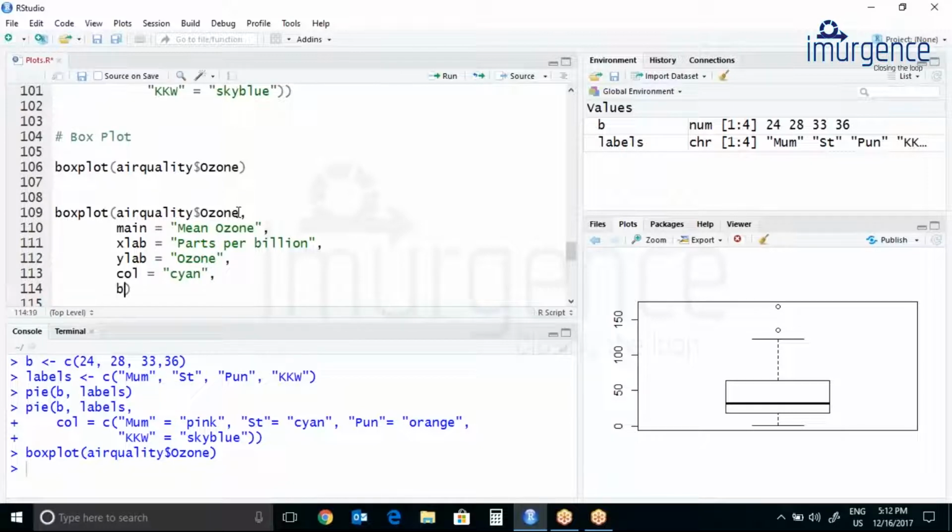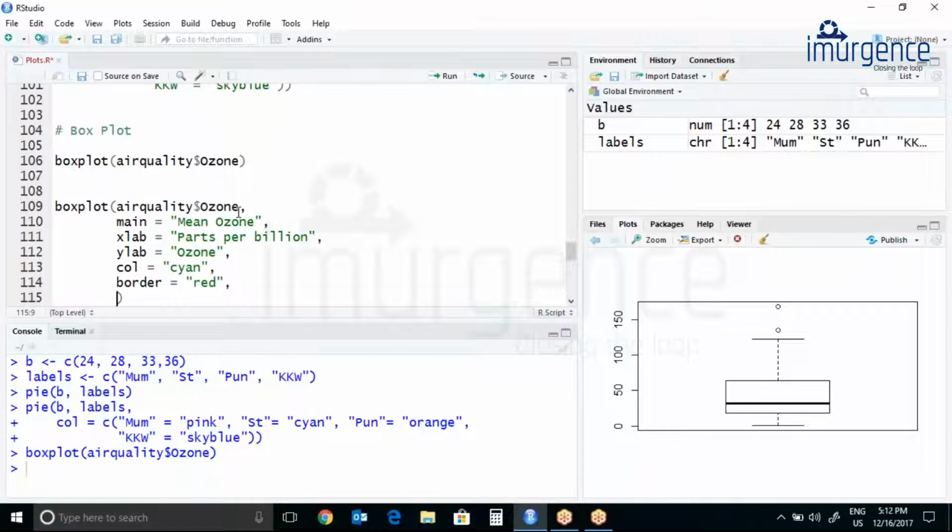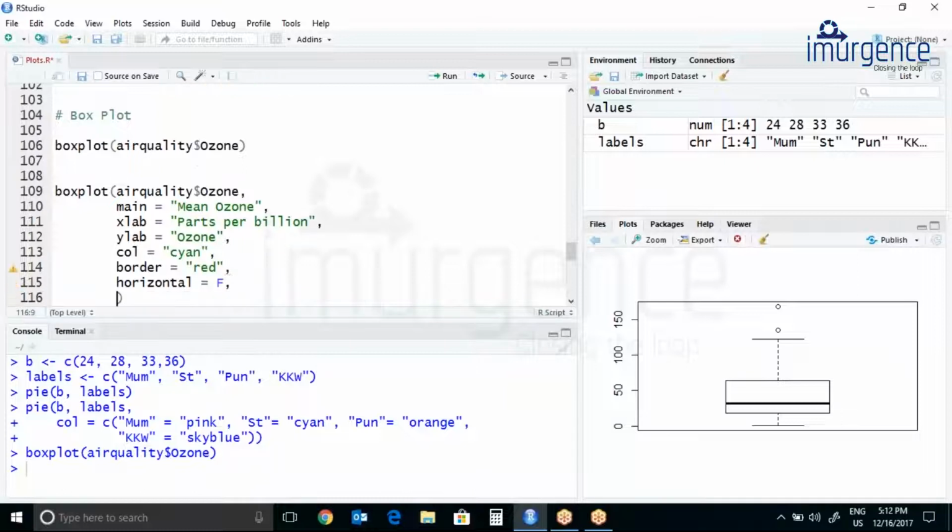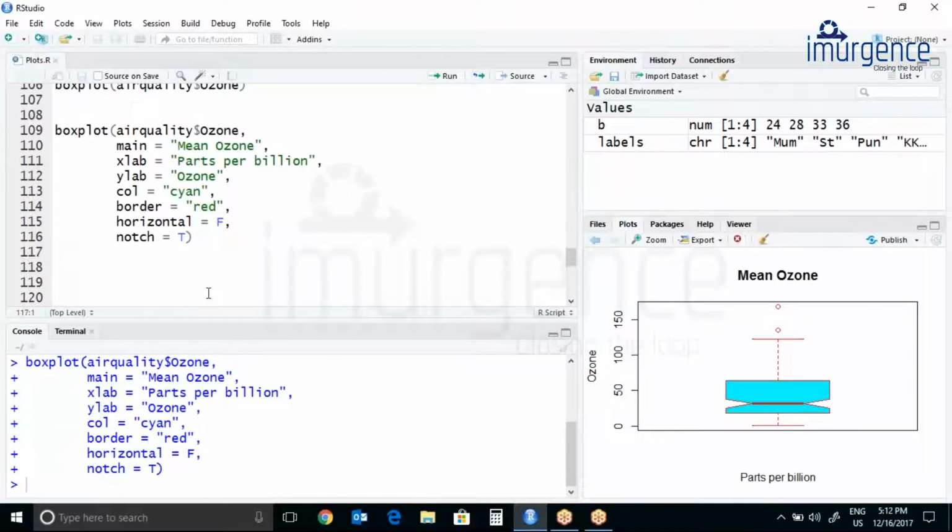You can take the color of your own choice. If you want to add a border, you can add border equals to red. I don't want this plot to be horizontal, so horizontal equals to F, comma, notch equals to TRUE.